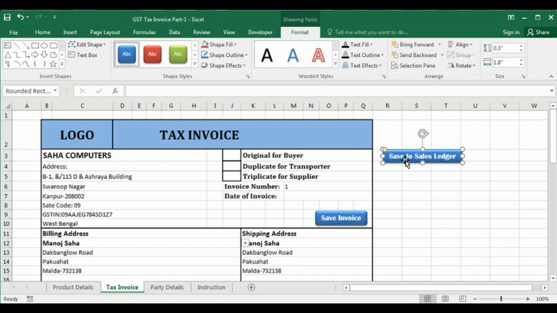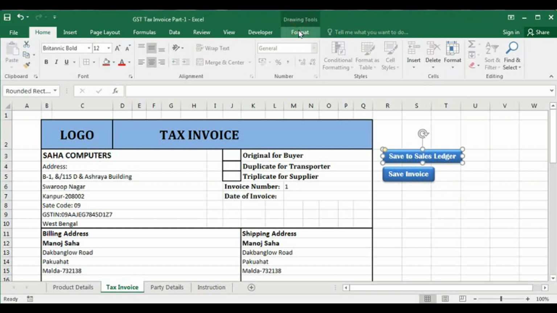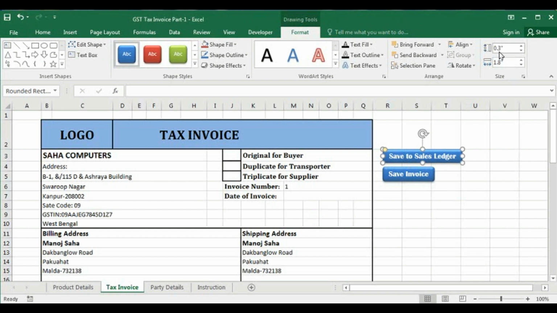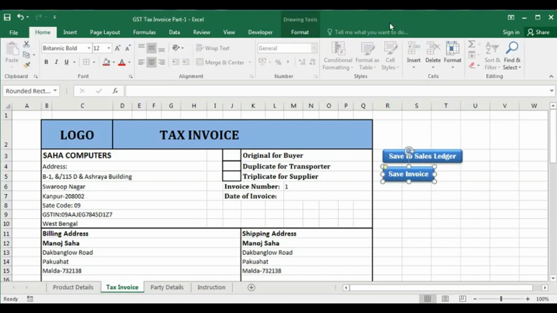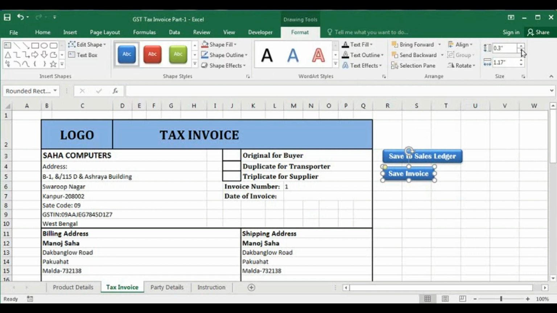Yes, now it's saved to sales ledger, and we also bring it here, and as this width is 1.8 and height is 0.3, we'll also do here 0.3 and 1.8.